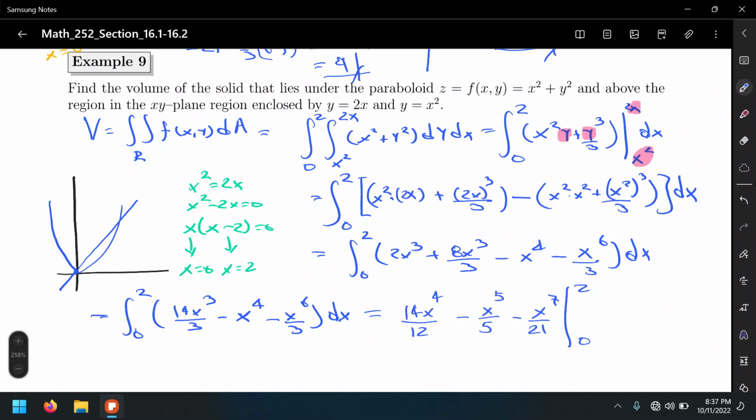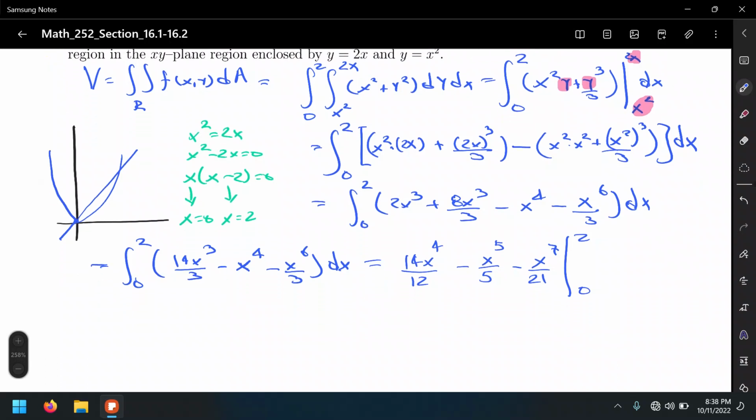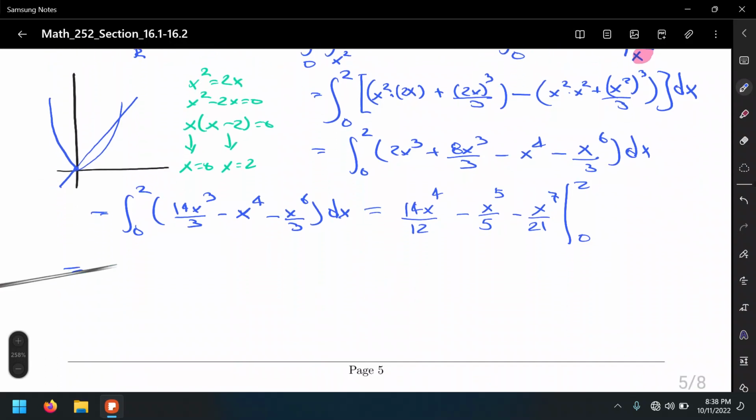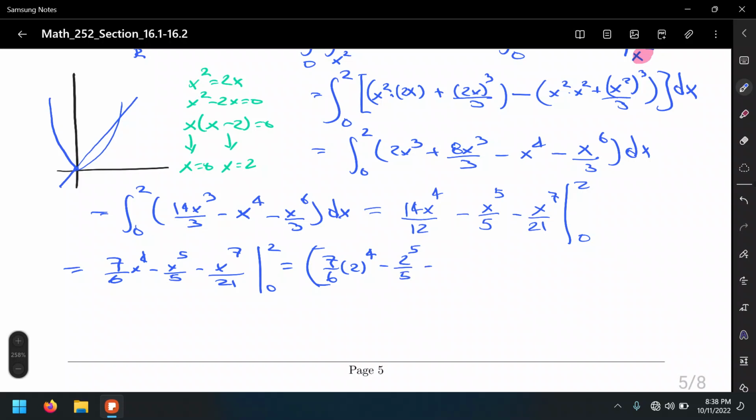And the usual upper limit minus lower limit, that's going to be 14 over 12, that should reduce to 7 over 6, x to the 4th, minus x to the 5th over 5, minus x to the 7th over 21, from 0 to 2. And that's 7 over 6 times 2 to the 4th minus 2 to the 5th over 5 minus 2 to the 7th over 21